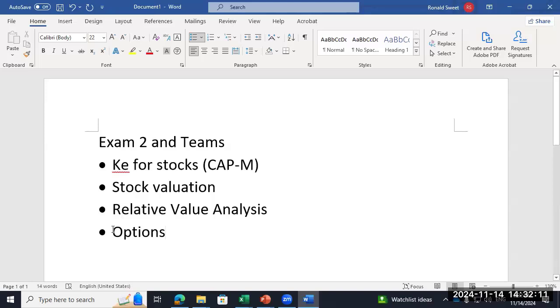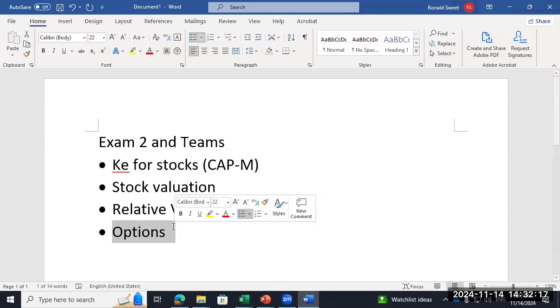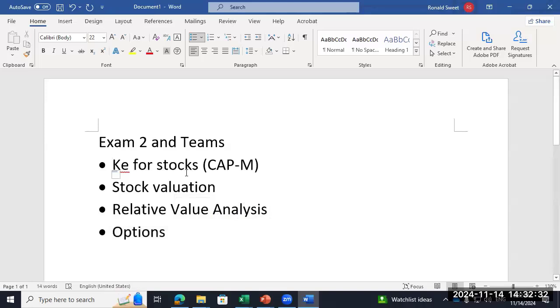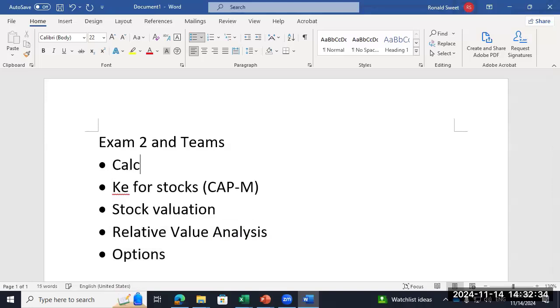But we'll do options fairly straightforward. We're only going to do intrinsic value on options. If you want to get more into it, UTSA does have the speculative markets class that you could take. I think Brian is teaching that. You get into the different option pricing models, and he does more than just options, uses futures and other things, but gives you some exposure to that. But that's it. The things that we've done so far is we calculated